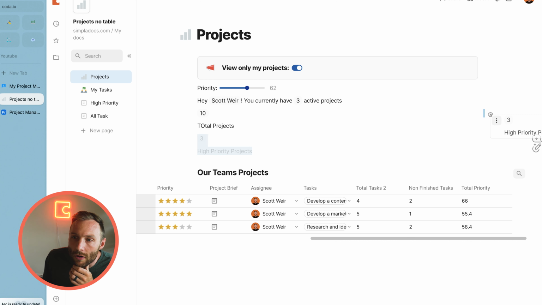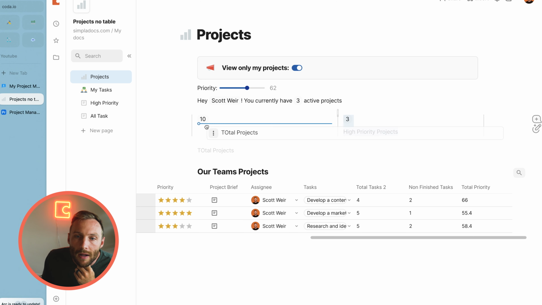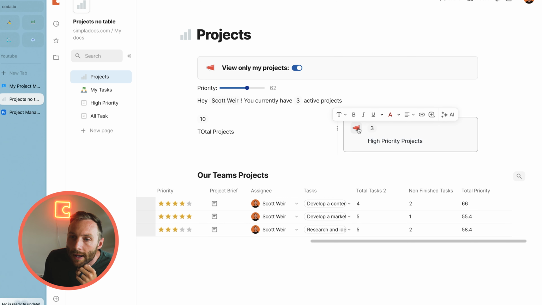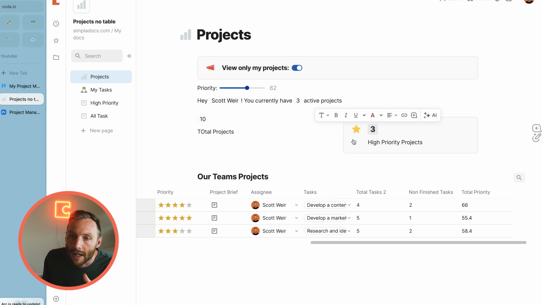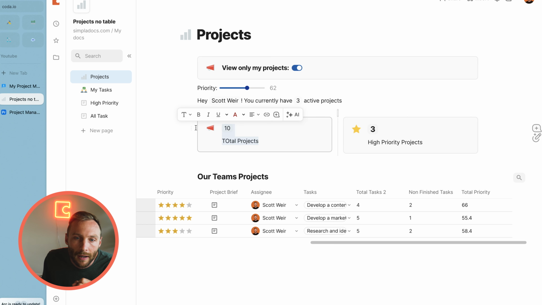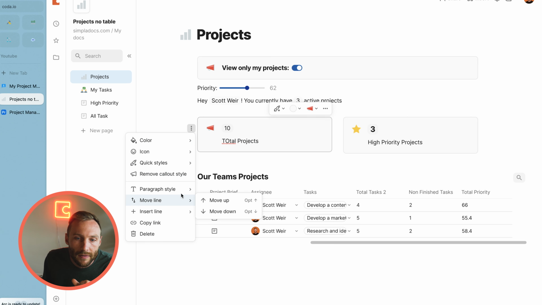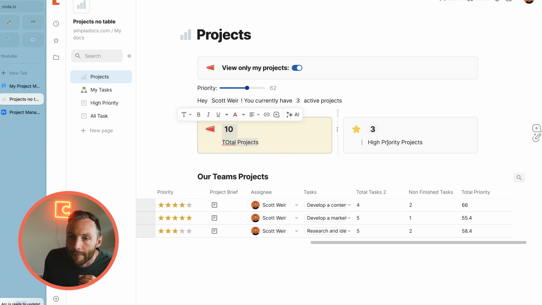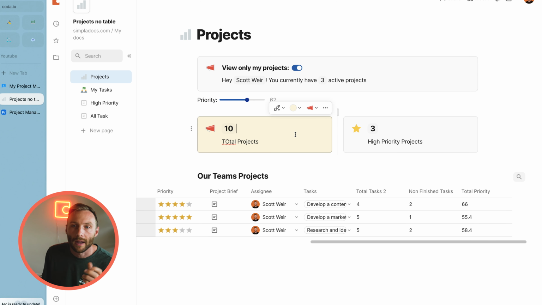Because I can take this and push it over here and push this here. I can then change this to a beautiful little call out and make that, you know, a star, and we can make this a bigger so it just shows up for your individuals with the H2, right? And then we can go total projects as well, make that nice and big. We can change this to a paragraph style of H2, and we're gonna change the color of this to yellow, right? So now I can see this, I can push this up here, and here,